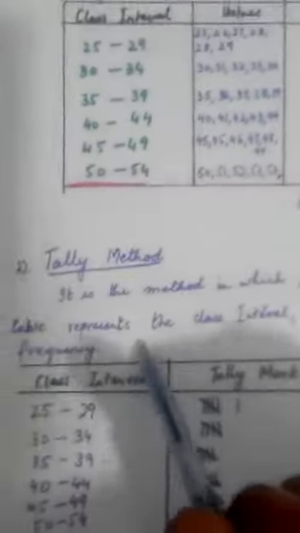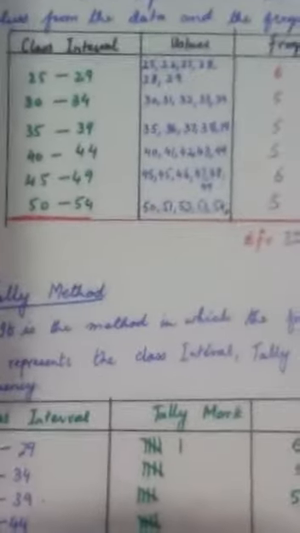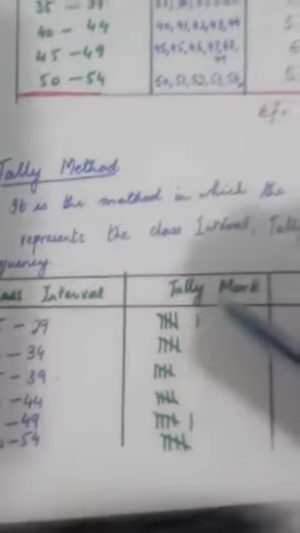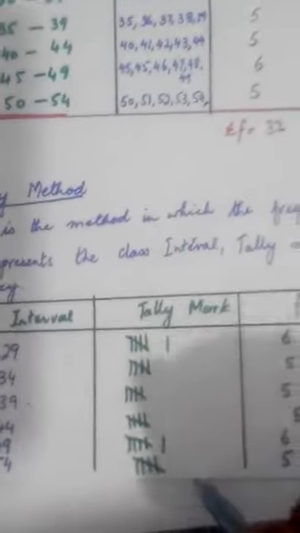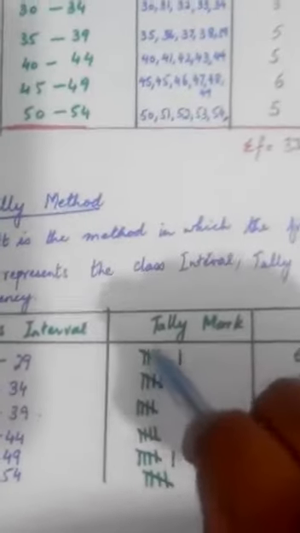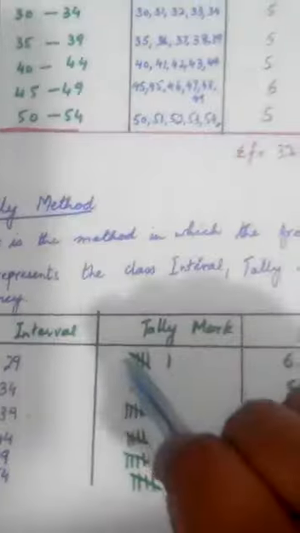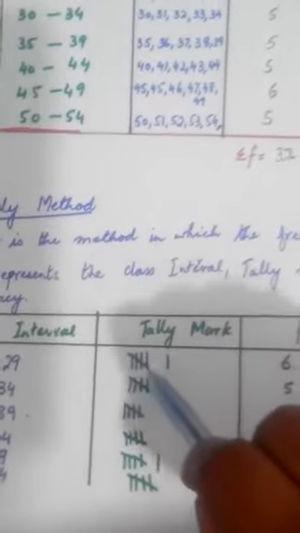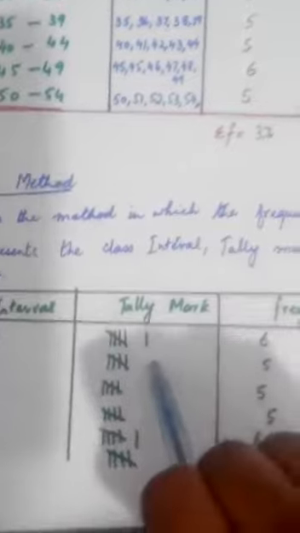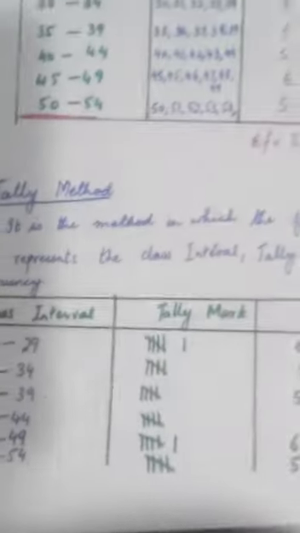In the tally method, the frequency distribution table represents the class interval, tally marks and the frequency. So if we see the first column, class interval, tally mark and frequency, only a little bit of difference is shown here, that the values are written here, whereas in the tally method, you only have to represent the tally marks. Now there is a way to represent the tally mark. Firstly, you need to draw 4 long lines and then a slant line over it. For the frequency 6, firstly 4 lines, then the 5th one over it, a slant one, and then the last one separately. So you see here, this is how you have to represent.